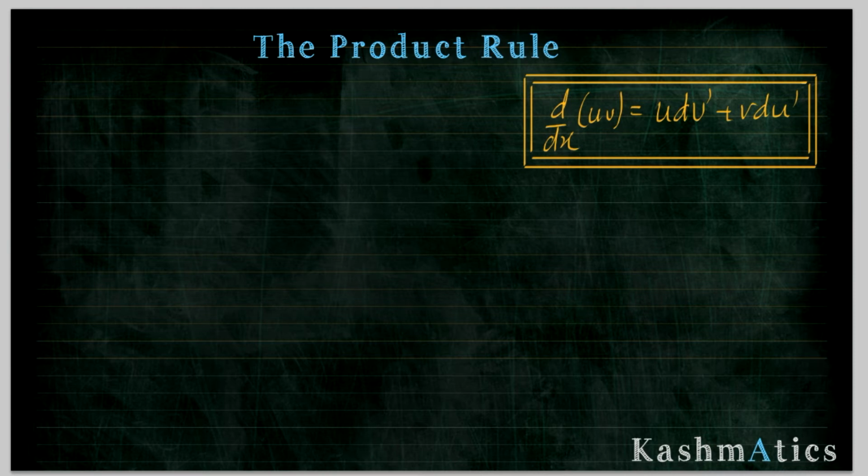So just to make things a little bit easier, what I've done is I've written the product rule there on the top right, and let's just look at our first example. And this is it. So y equals x squared sine x. So one of the functions is x squared, the other function is sine x. So the way I like to set out my working is as follows. So what I would do is I'd say, well, u is equal to x squared, so I'd write that there, and v is equal to sine x,